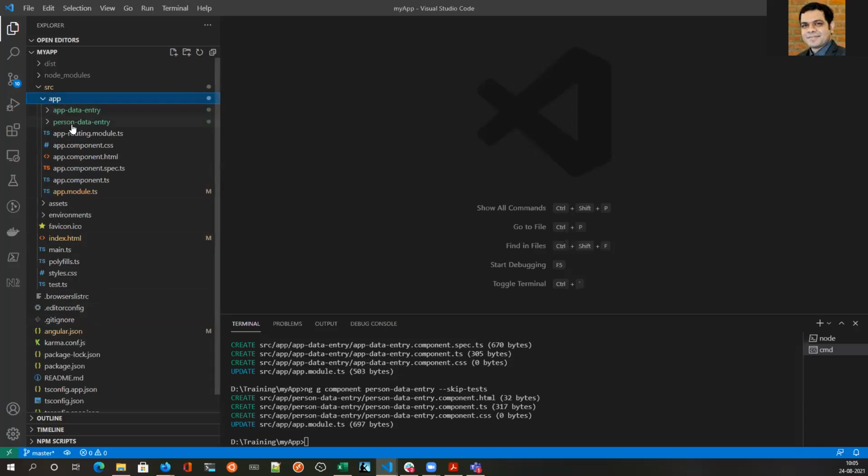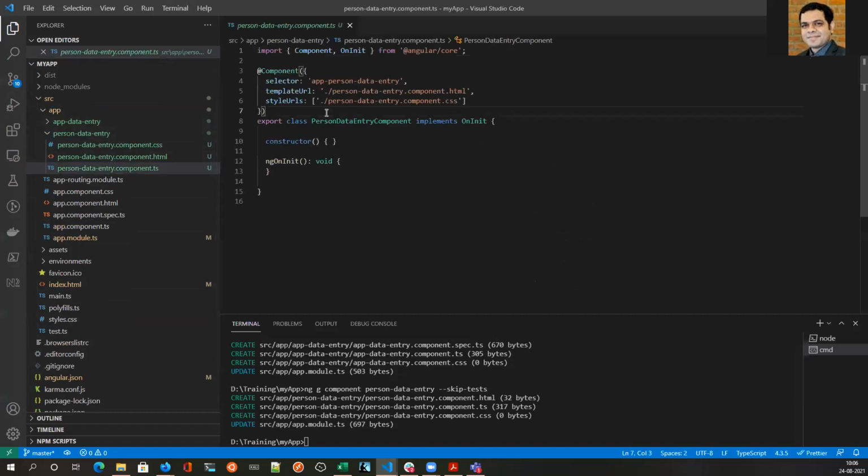So if you see, it created a folder, person data entry, in which it created the component, HTML, and the CSS. A lot of things are automated for you, according to best practice. It would typically take you around 5 minutes to type all this manually. So I highly recommend that you don't do any manual work. Always use the ng g command to generate your components or any other things required by Angular.